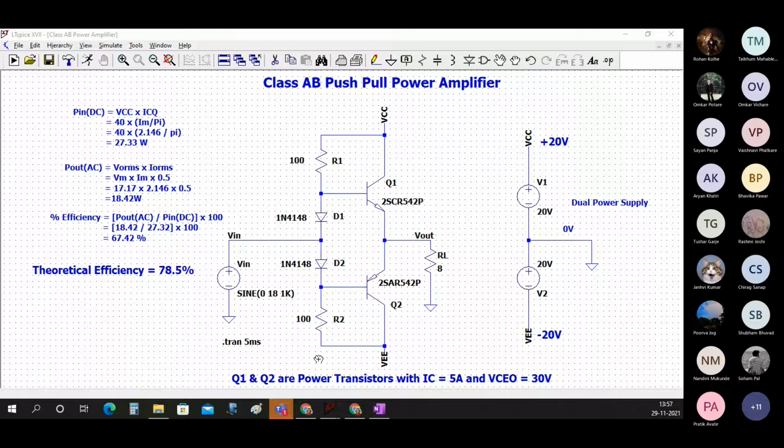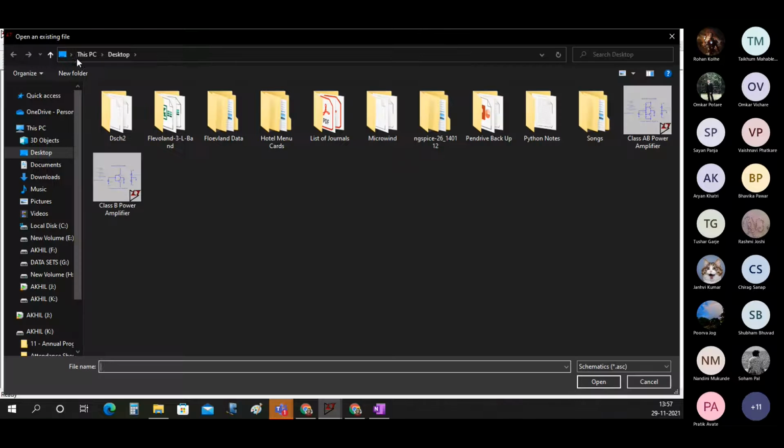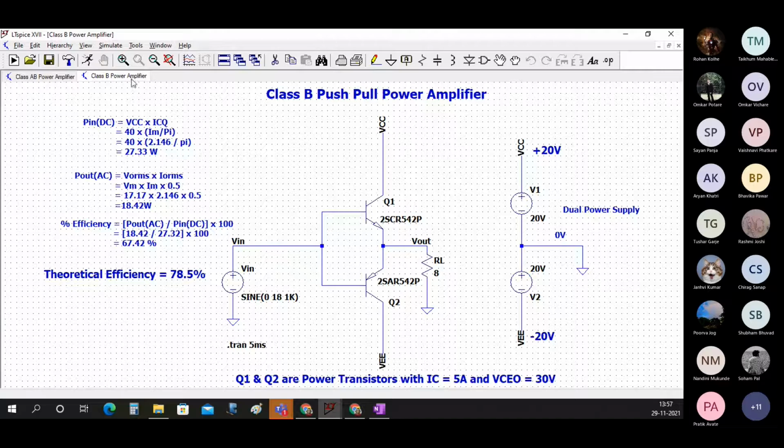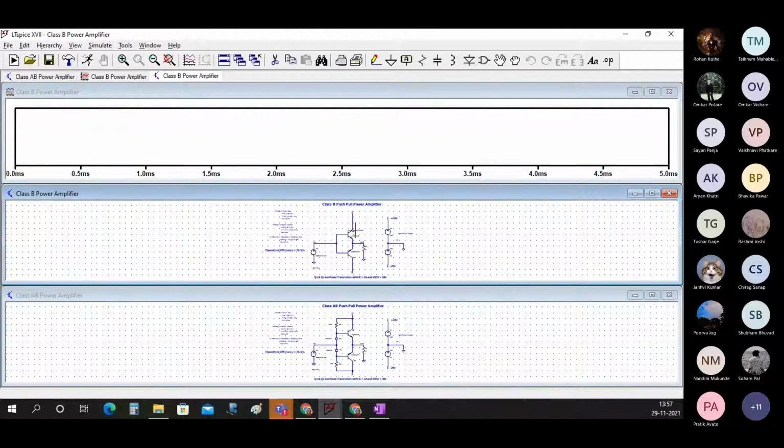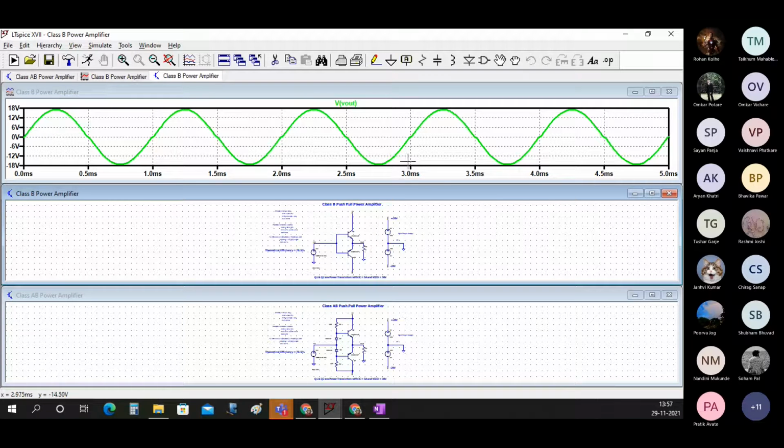So what does this circuit do? It gets rid of that crossover distortion. Okay, so I'll just open my previous file and we try and run it. What we get here is a crossover distortion. Okay. Now let's run this file